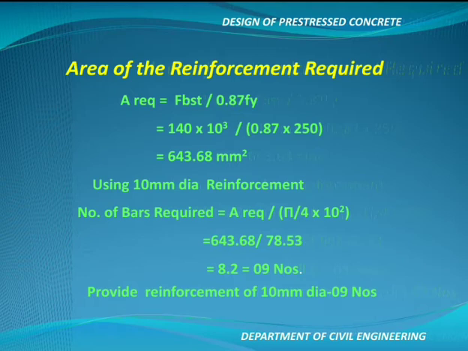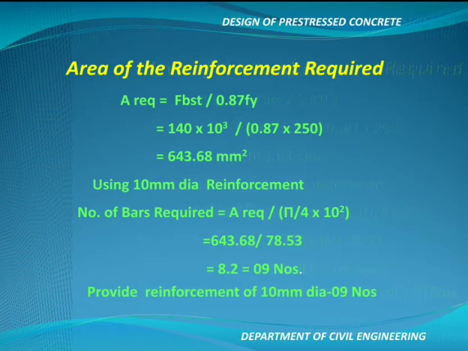Okay, and each line or layer will consist of 3 or 4 bars. Whenever we design the reinforcement, generally the number of bars will be kept as a multiple of 3 or a multiple of 4. This is a general thumb rule with respect to the depth of the beam and the spacing requirements and all.